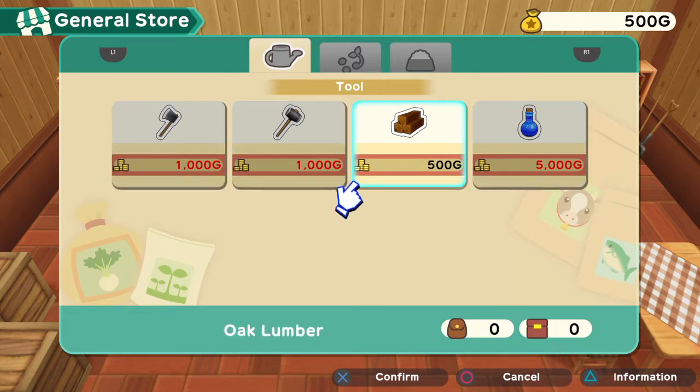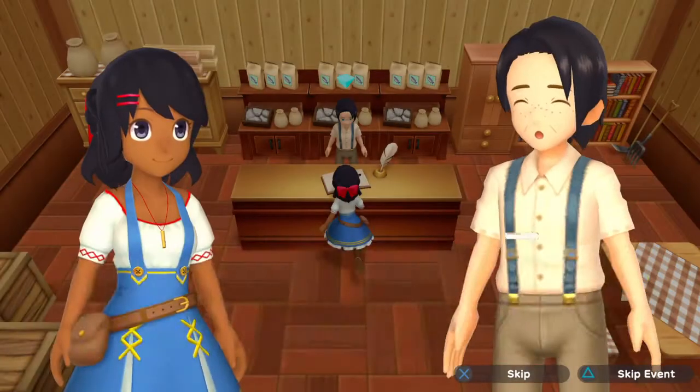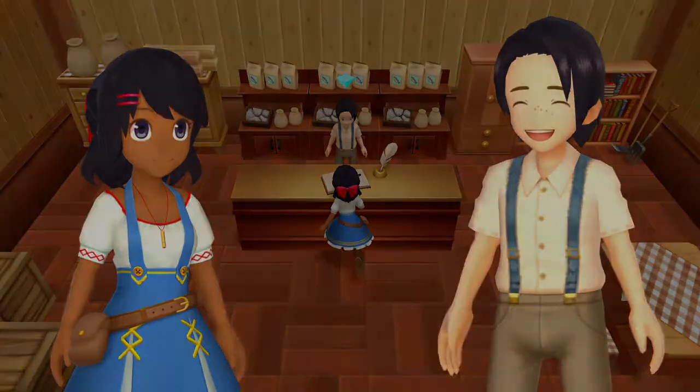I'll sell the lumber, and I'll use the lumber money to buy the hammer. Because the hammer is only used to gather stone, which is 3 cents a pop. It's also used to break rocks that are in your garden. They're used to break small rocks that are blocking paths. And they are also used to gather materials from the...